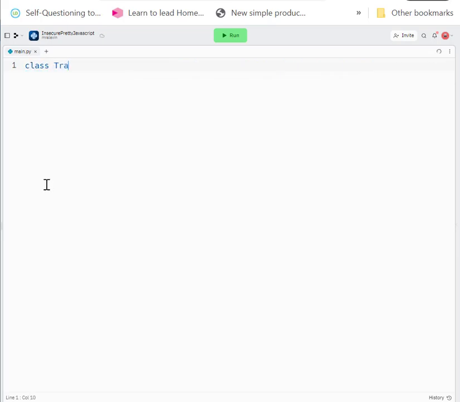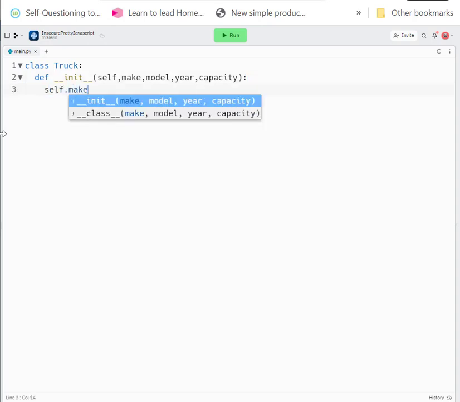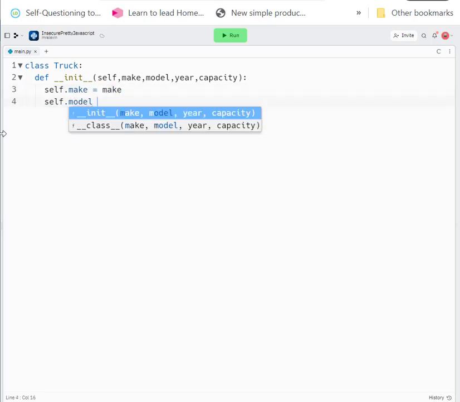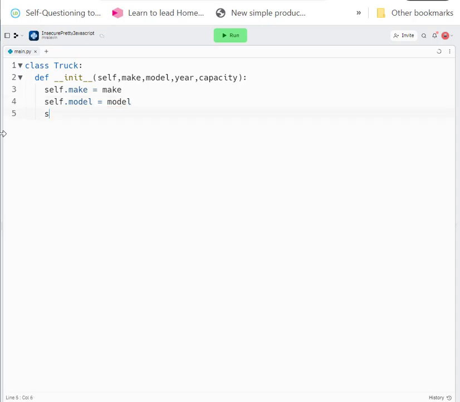We need a class, we're going to call it truck. And in it, it's going to have a constructor. So we need a make, should be equal to the make. We want model to equal the model. We want the self.year to equal the year. We want the self.capacity to equal the capacity. Great. We then want a pickup truck,